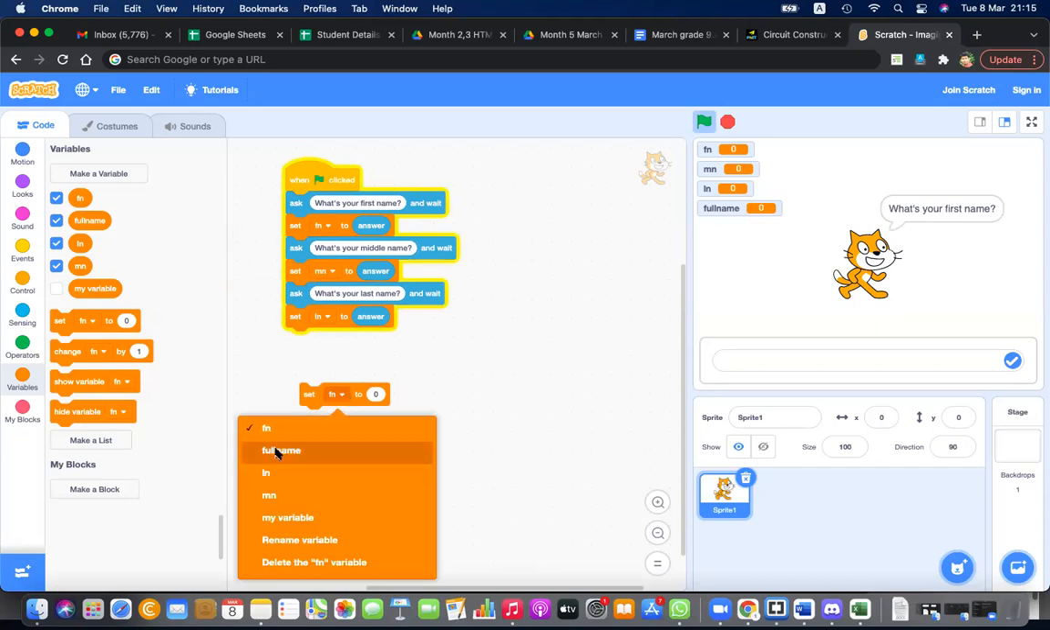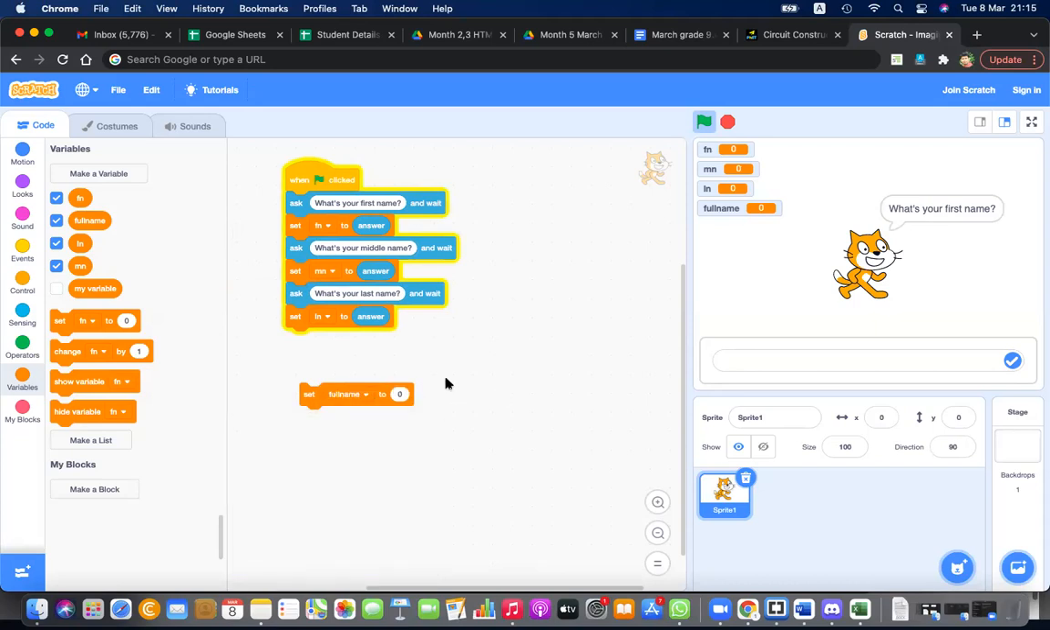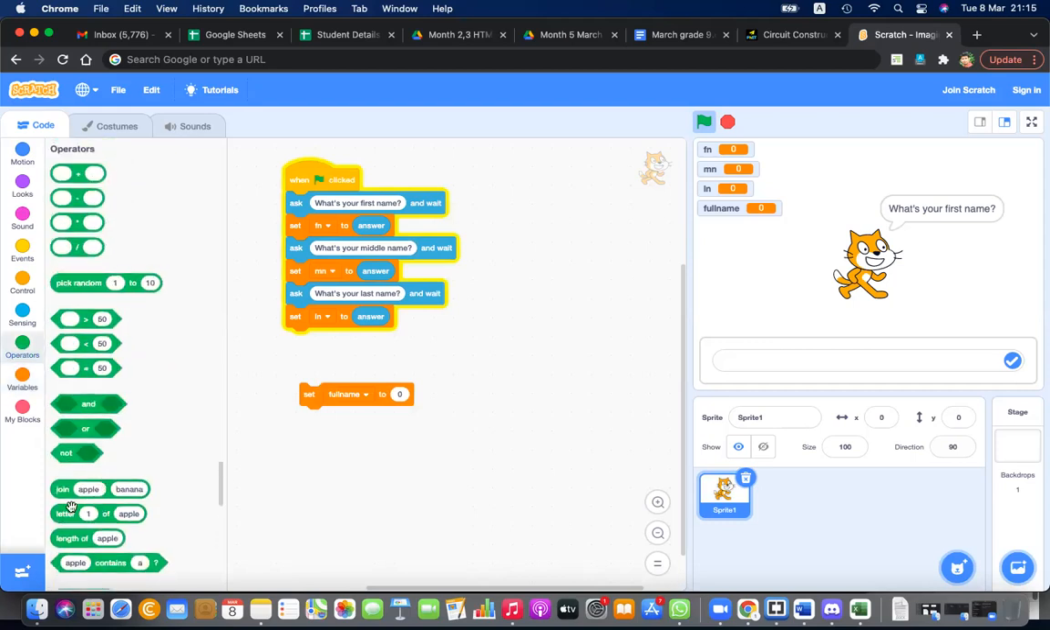Set full name here. But here you have to do some operation, a process. What is that? Join. Here you can see join, not add. Add will mathematically add that, right? Join will join 2 things. You can again get the join, again get the join,